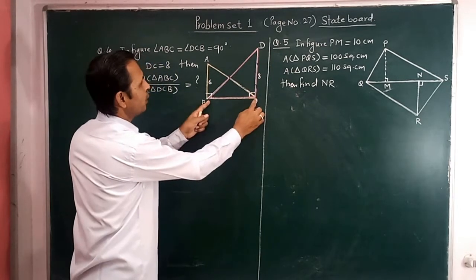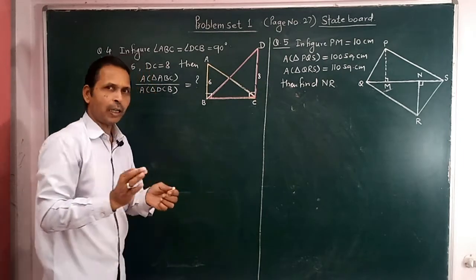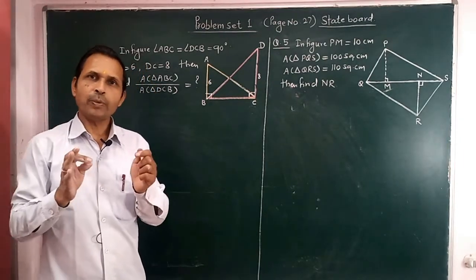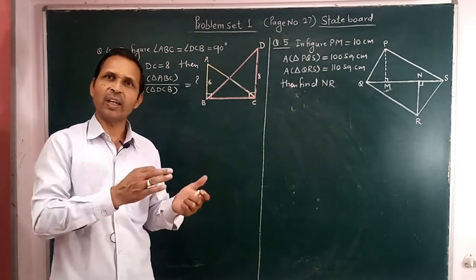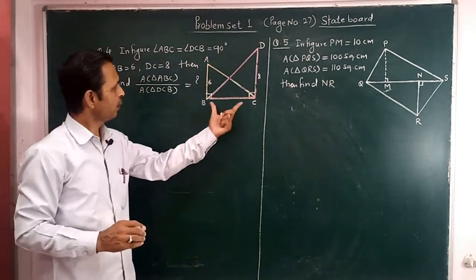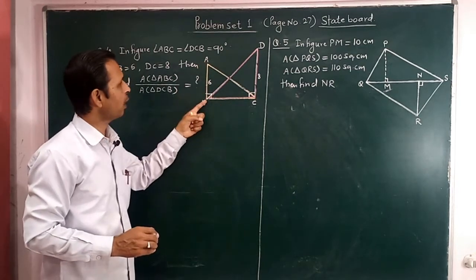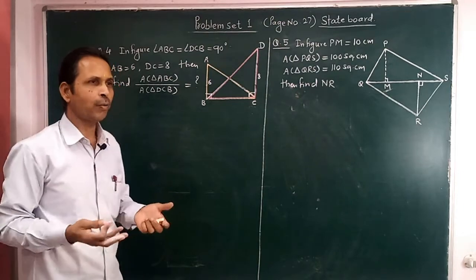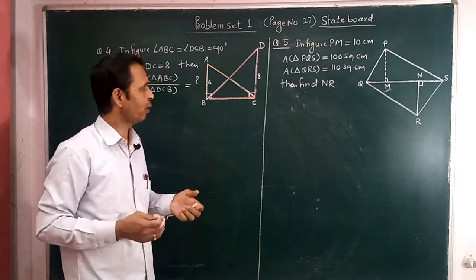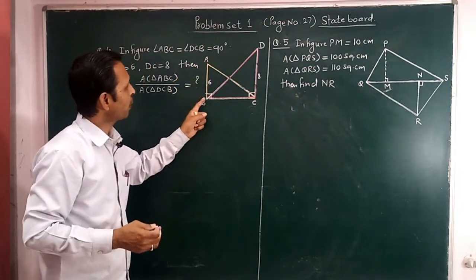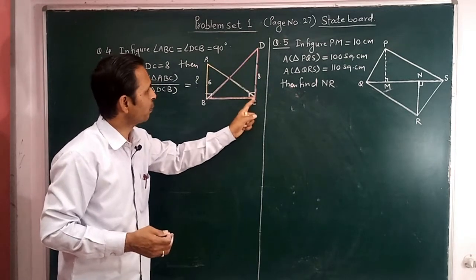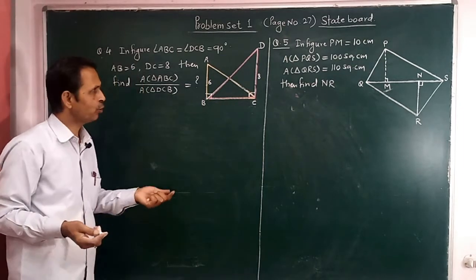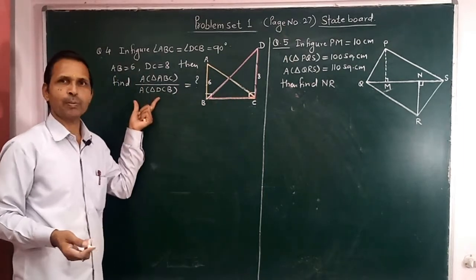This is a base, this is the same base, and we know that in a right angled triangle, out of these two perpendicular sides, one is the base and the other is the height. This is the base and this is the height of that triangle, because these two sides are perpendicular to each other and we take the height that is perpendicular. AB is perpendicular to BC and DC is perpendicular to BC. BC is the same, then it is very easy to write the ratio of the corresponding triangles.